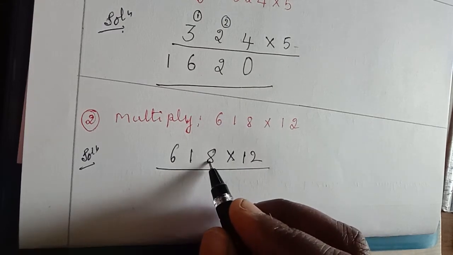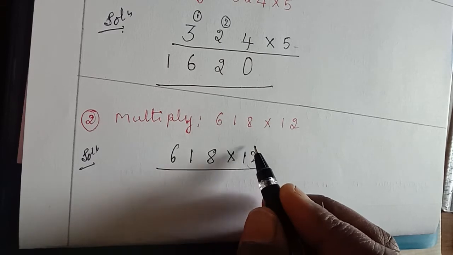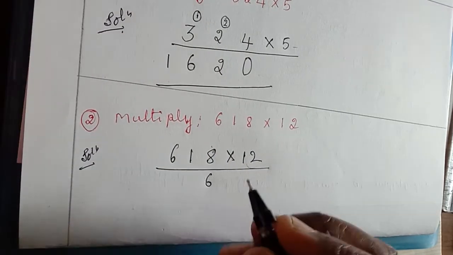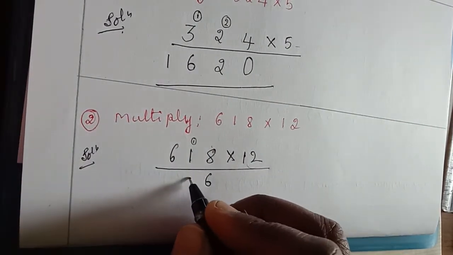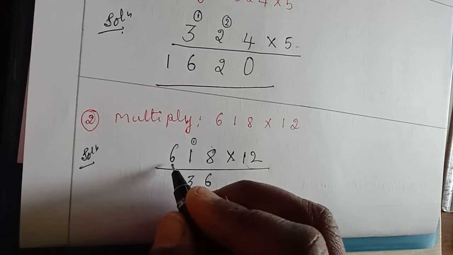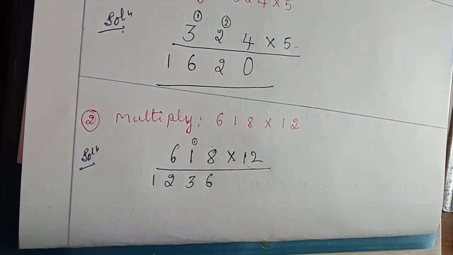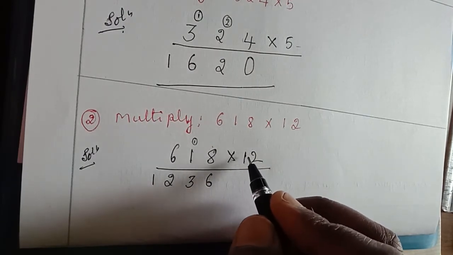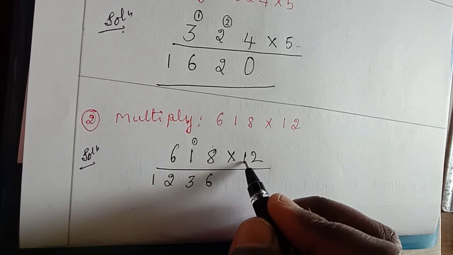So we have to multiply each digit by the ones place. Here the ones place is 2. So from 2 I am multiplying 8. 2 8s are 16. 6 write and 1 carry. 2 ones are 2 plus 1 is 3. 2 6s are 12. Okay. So now we have to multiply by 10. It is not 1, it is a 10. Okay, tens place. We have to multiply by 10.